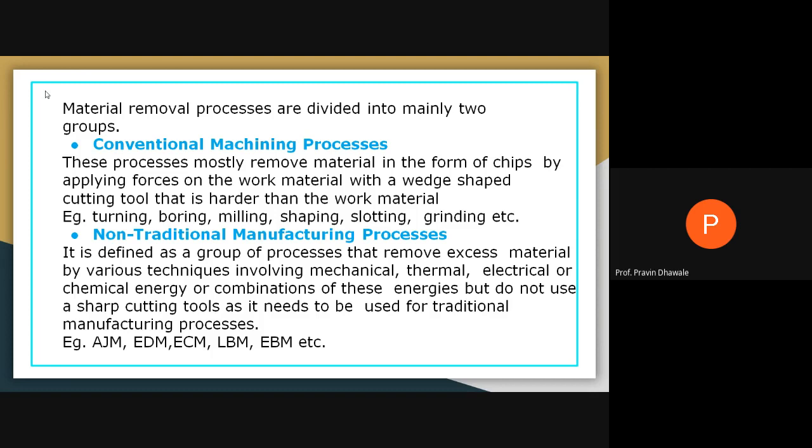To remove the material from the workpiece, the main requirement is that the material of the tool must be harder than the material of the workpiece. Which are such conventional machining processes? You know, the turning process, drilling process, boring process, grinding process. Such are some examples of conventional machining processes, where there will be physical contact between the workpiece and the tool material. But secondly,